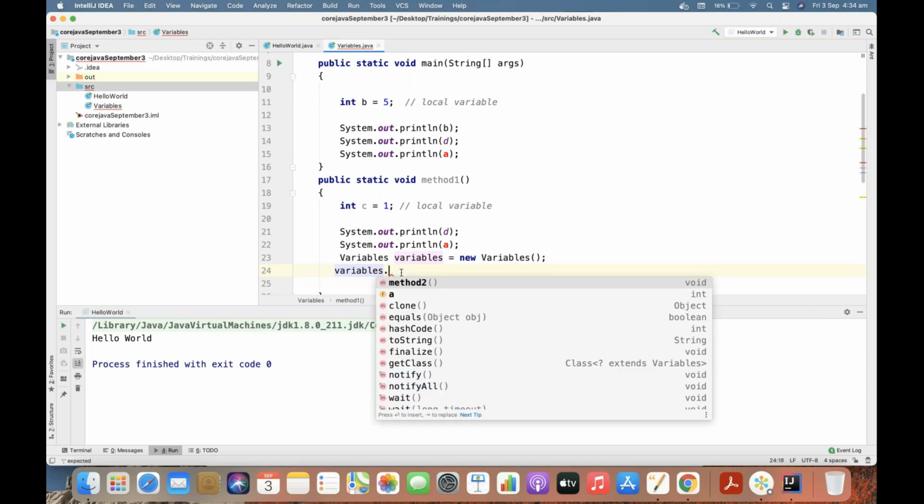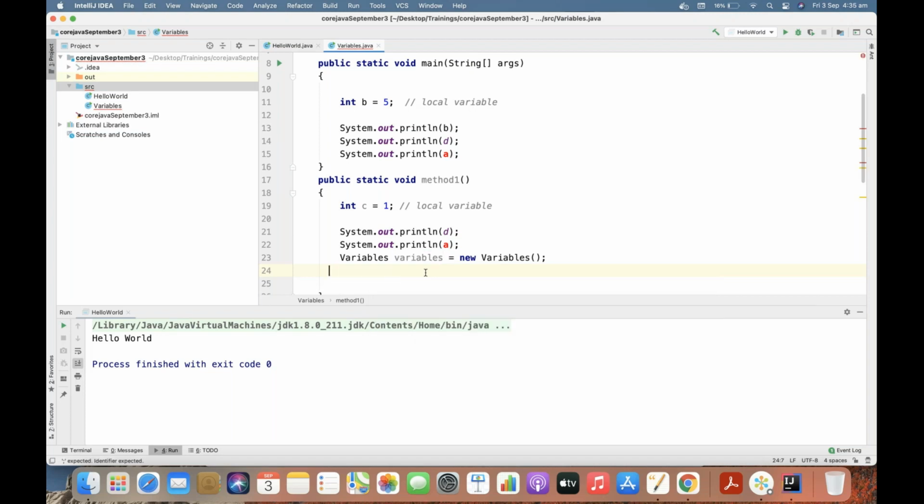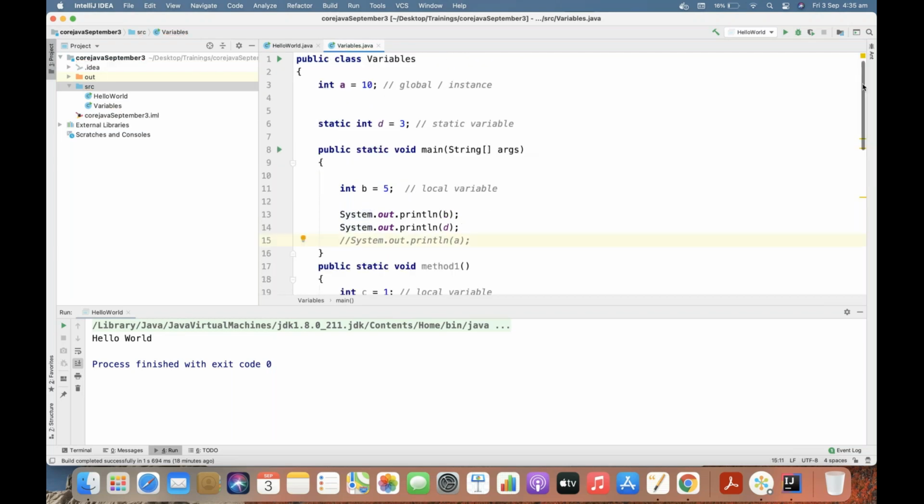That is what I want to demonstrate just for now, because as I said, classes and objects, all these things we'll see in great detail later on. So what I did here, I created an object of the class. Don't worry about this one, as I said, we'll see this later. But what you have to understand is that non-static can access static if we create an object of the class and try to access.